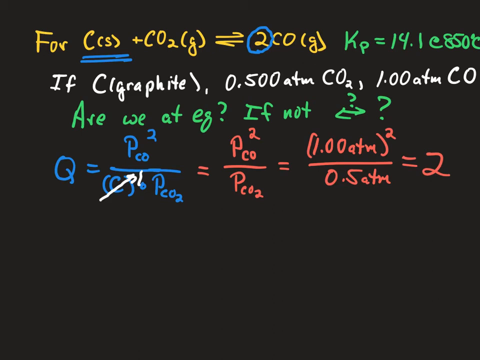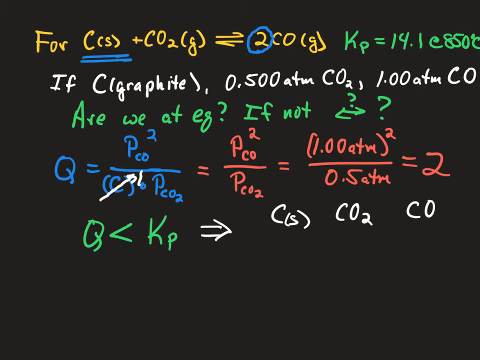Q is equal to 2, right? And so Q is less than our equilibrium constant, right? And so we have to make Q get bigger. So in order for Q to get bigger, the numerator, the products, we need more products and fewer reactants. So the value of Q being less than the equilibrium constant tells us our reaction has to move toward the right. So when we set up our ice table, right, we've got carbon, solid, we've got carbon dioxide,